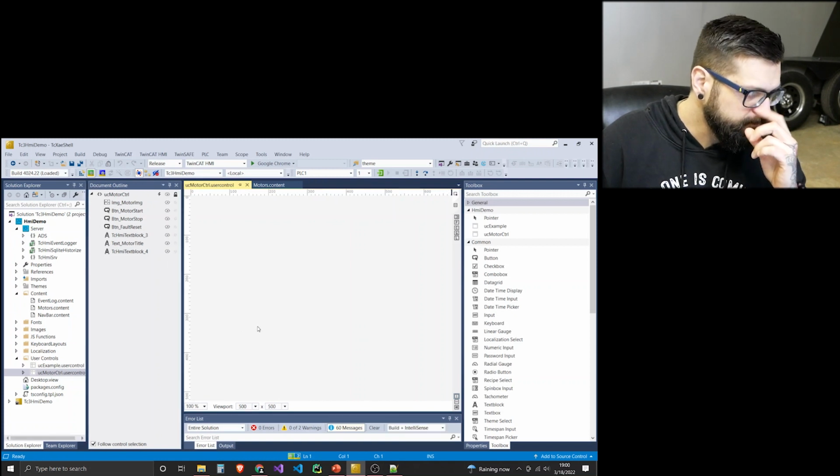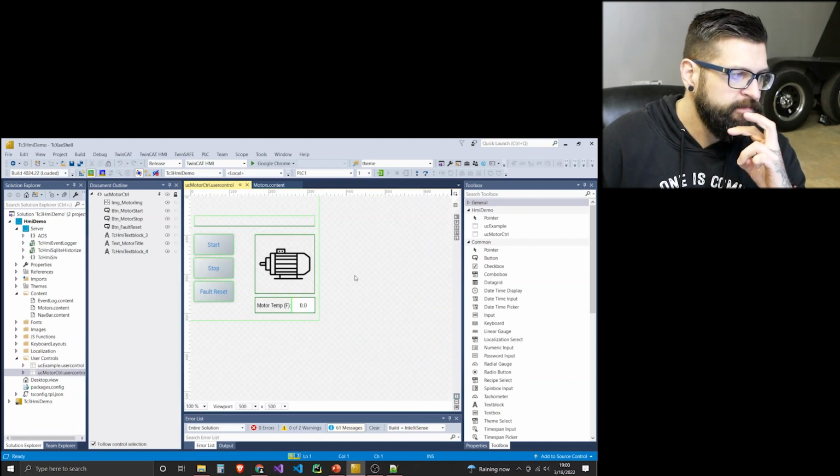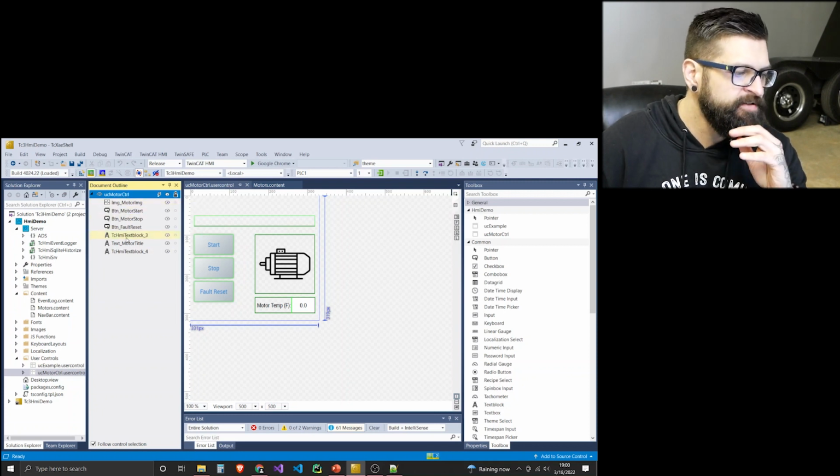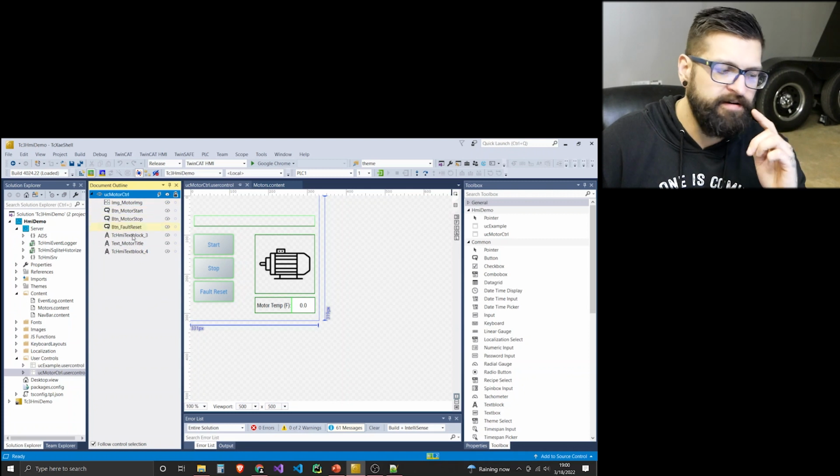Okay, so I have my motor control, my user control that I'm calling UC motor control. In the document outline, this is the parent, and then these are all the children, all the elements, the controls that go inside of it. So the most important part of controls is